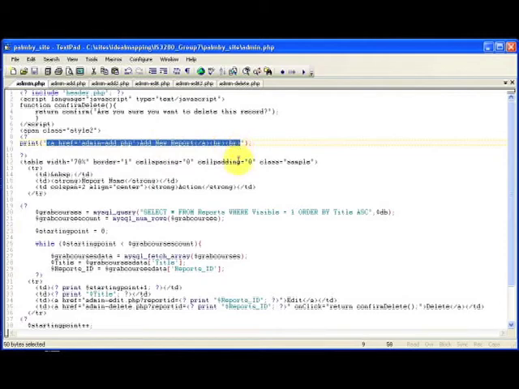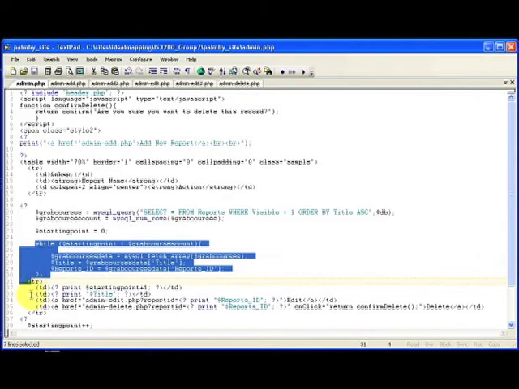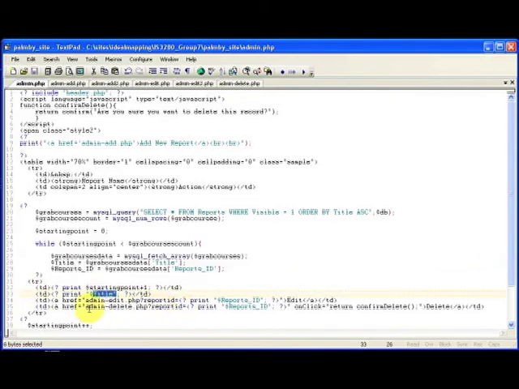Further, the PHP code executes a SQL query that obtains all of the columns from the reports table, where the visible column is set to 1. From there, we loop through all of the results, building a table and listing out the title, and building a link to be able to edit that particular record shown here, and given the ability to delete that record shown here,